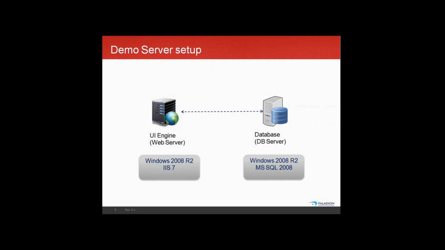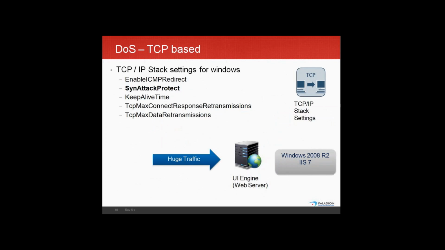On top of it, generally the enterprise grade applications will also have a backend. So assume we have a backend server running Microsoft SQL Server 2008, which is again running on top of a Windows 2008 R2 server. So assume this is our infrastructure setup, and on this infrastructure some sort of corporate portal or internet website is running, which is actually serving your audience with the data or the services. That being said, let's see how each of the attacks can happen and what you can do to prevent it.